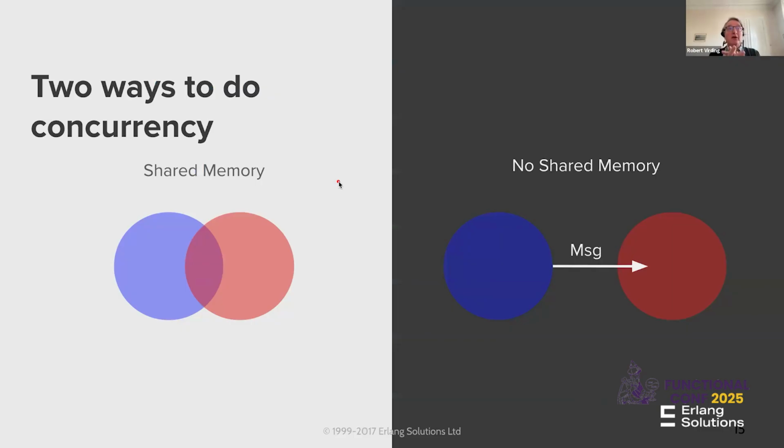A little bit more about concurrency here. There are many ways, but talking here about handling memory, there are basically two ways of doing it. You can have a shared memory system, where you have these two things running concurrently and they're sharing data. Or you can have no shared memory. So when the blue one communicates with the A, it can't write it in here. It has to send a message. Now, both are perfectly valid, but they have a lot of different properties.